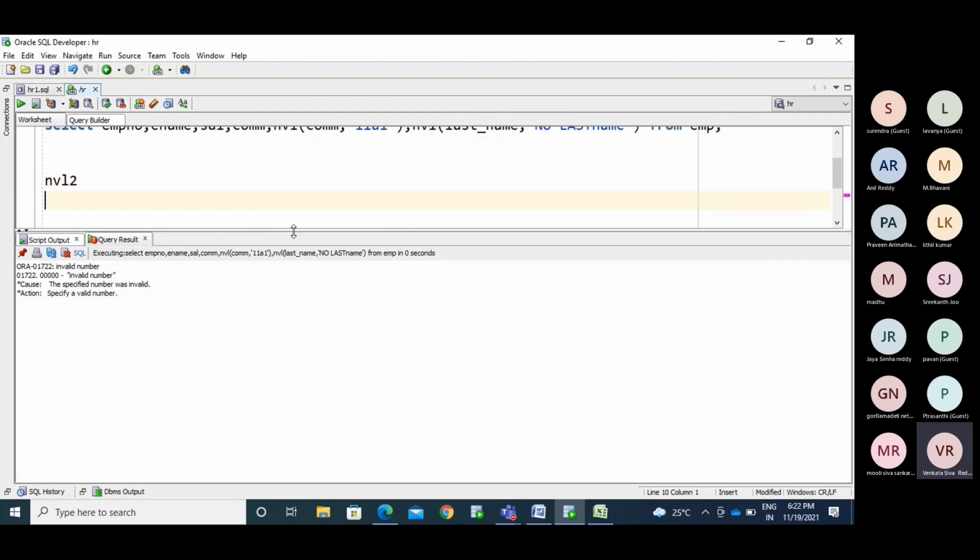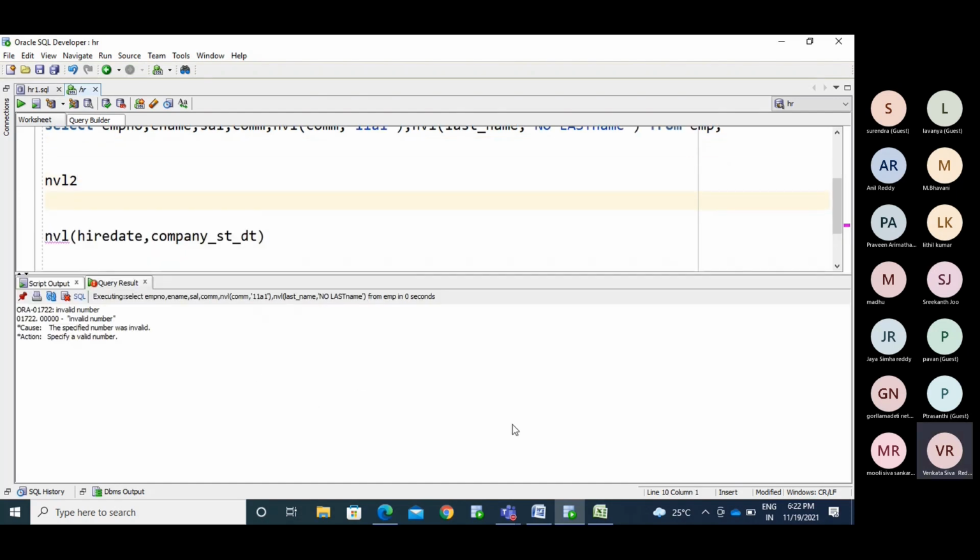This is very important, what I am explaining this for. Okay, the NVL2 function. The NVL2 function will work with three expressions: expression 1, expression 2, expression 3.